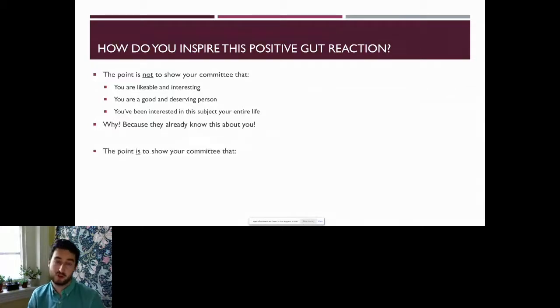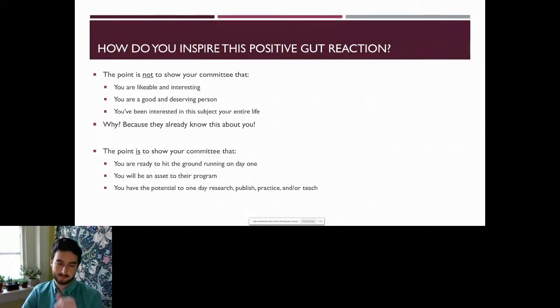Rather, the point is to show your community that you're hitting the ground running on day one, that you're going to be an asset to their program, and you can define asset in a lot of different ways, but you want to show that you have something to contribute to this program, that you have the potential to one day practice and or teach in this field, and that you're professional and experienced and you've been learning, but you're also teachable. Now, what's the difference between this set of six and this set? Really, what it boils down to is